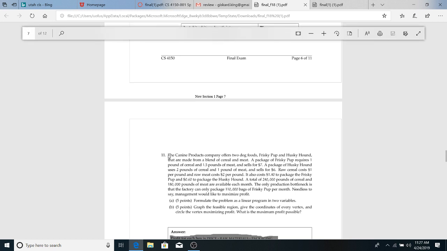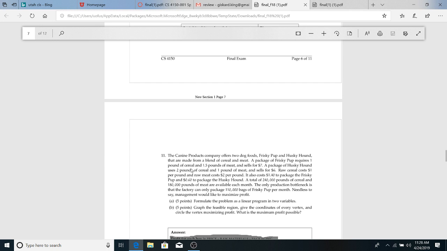All right, so this one, you have a bunch of types of dog food, right? And so now how do you make up each item of dog food, right? So we're going to have F and H, two types of dog food. All right, and we have a bunch of constraints for each type of dog food, right? We have cereal and meat. Okay, so we have dog food F